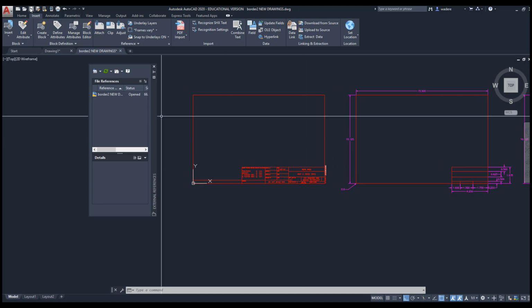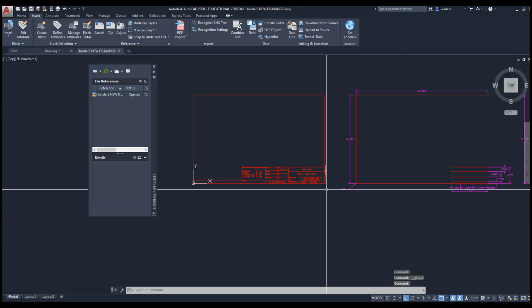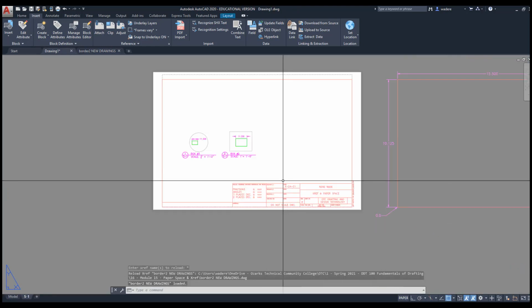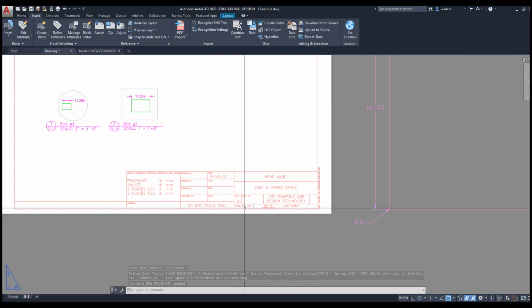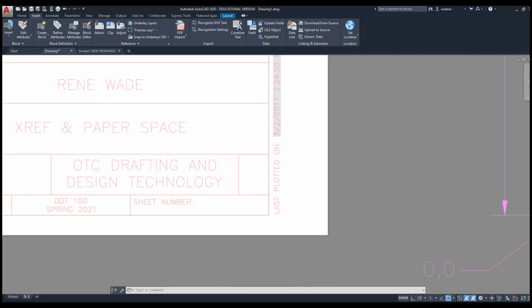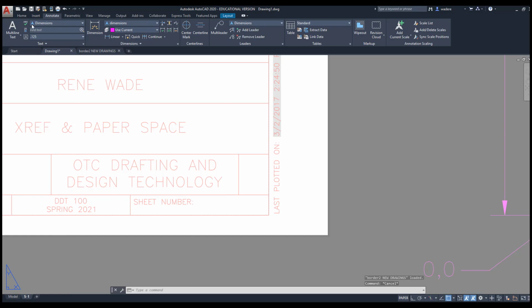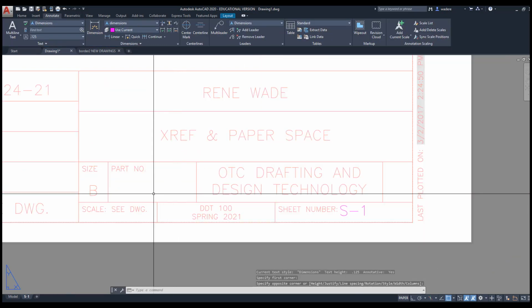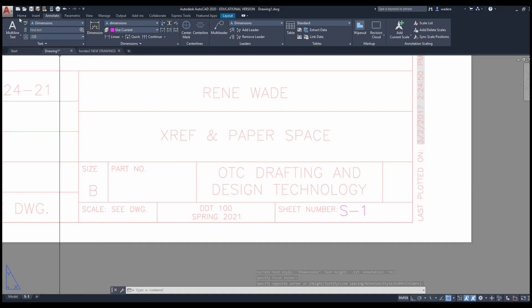So again, I'm going to hit save again, and I'm going to go back to my drawing 1, and I'm going to reload it, and now you can see those changes have been made. So for the things that change per sheet, I'm just going to use my text to do that. So here for my sheet number, I'm just going to do this in my paper space, and I'm going to put S-1. And if this was my part, I would come in here and put